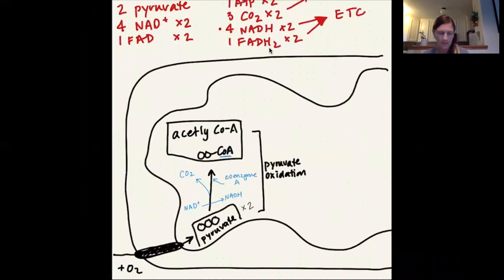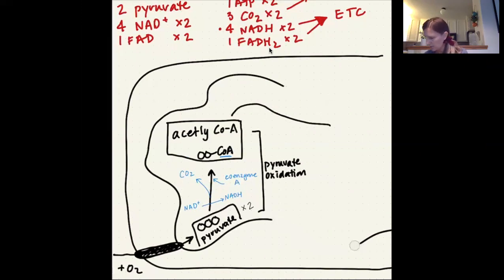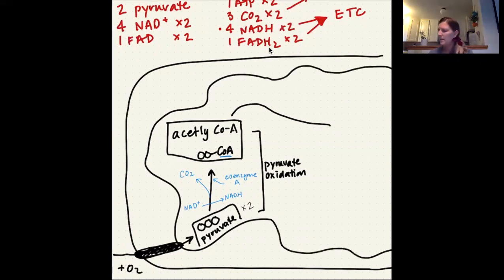Now, we're gonna take this acetyl-CoA and we're going to bring it into the Krebs cycle, right? So acetyl-CoA is going to come in, and I'm actually gonna make this a little bit bigger. I apologize if this is causing you guys trouble on your end. So we're gonna make those cristae of the mitochondria real skinny over here so that we can show you the Krebs cycle.